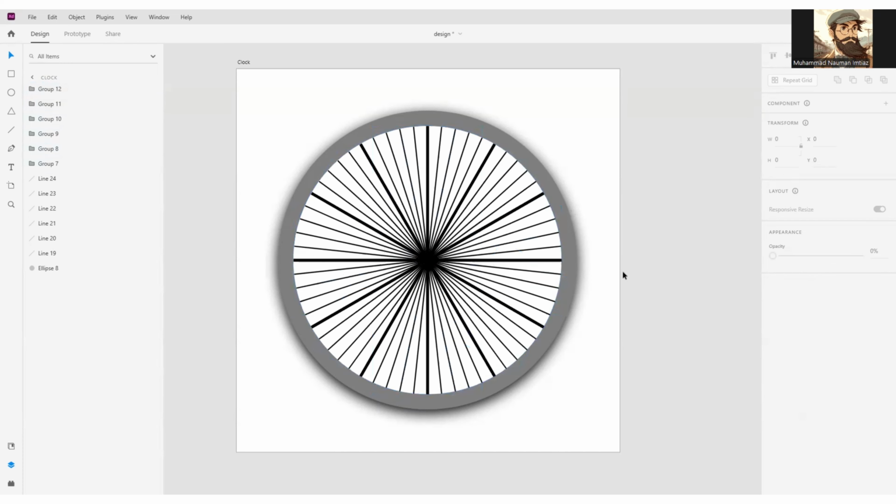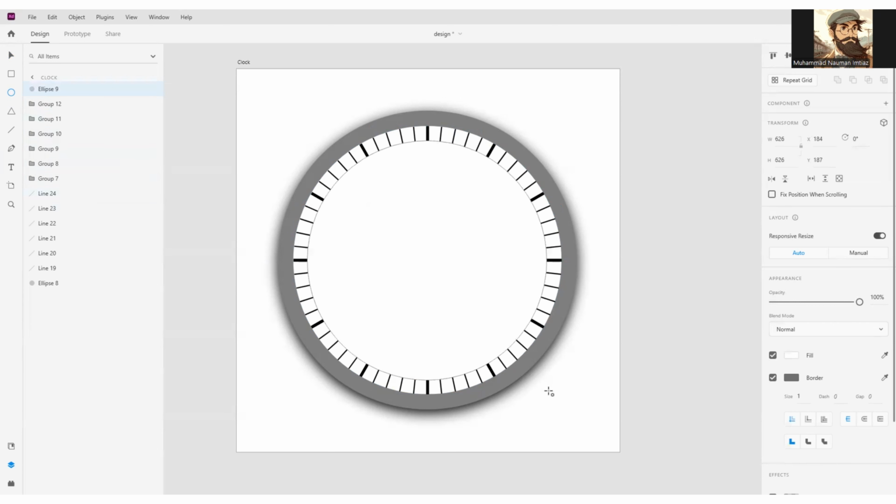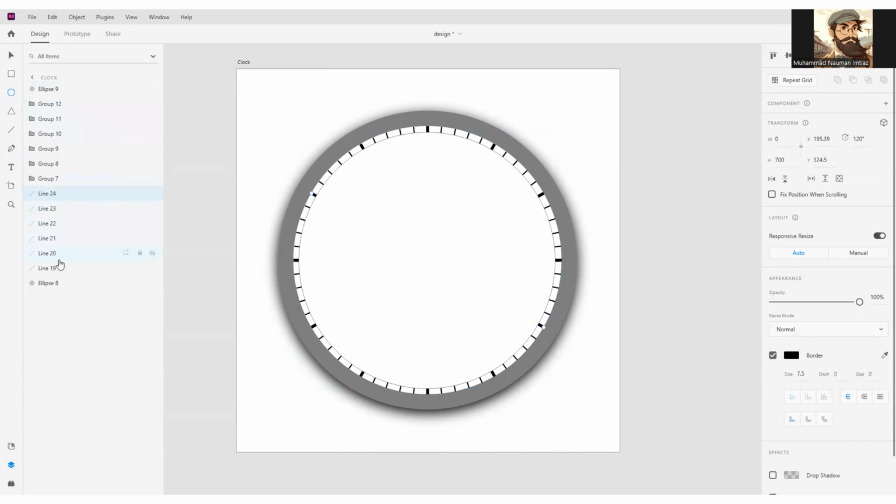Obviously this looks more like a bicycle wheel and not a clock. So we will simply mask it. We'll draw another ellipse, and this will most probably fix all the problems. So this one is for the minute marks. And okay, so we will select all the hour marks and group them